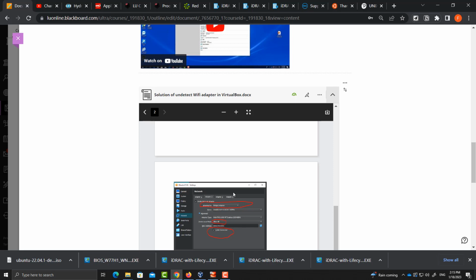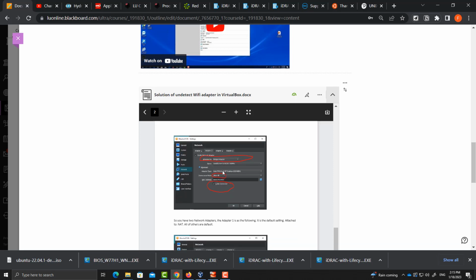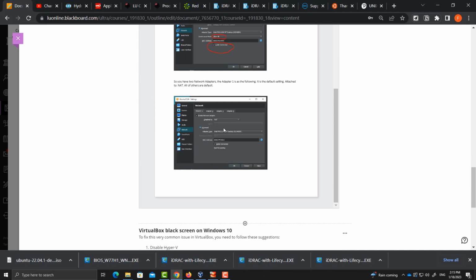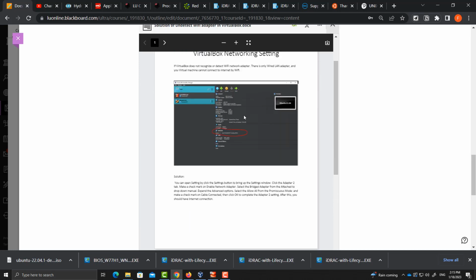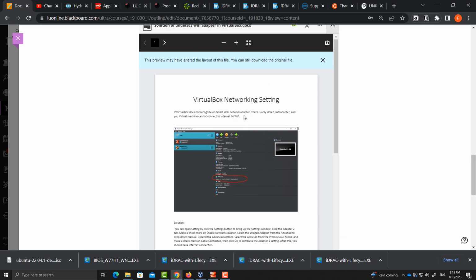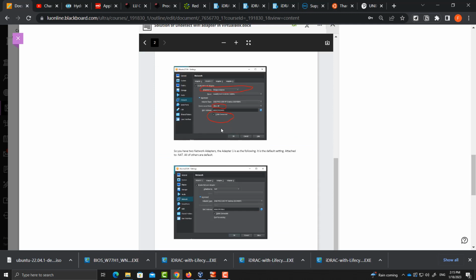So basically you create another bridged adapter that uses your Wi-Fi adapter. After you add this one, click OK, and your Linux automatically detects it. I have no problem connecting to the internet, so you can update, download, or install anything on your virtual machine.